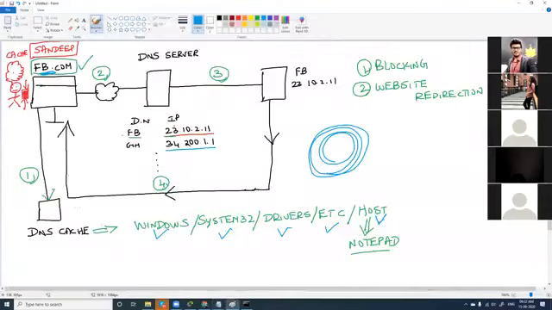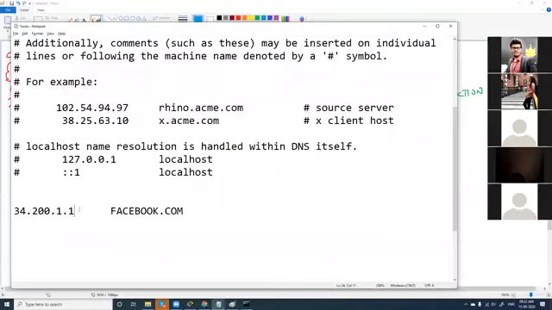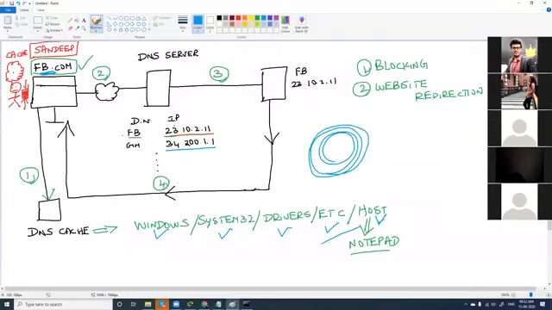When someone types facebook.com, the request will come here. It will go to host, and in host, we have the facebook.com IP address, and the IP address of facebook.com is Gmail's. So what should happen? When someone types facebook.com, Gmail should open here.